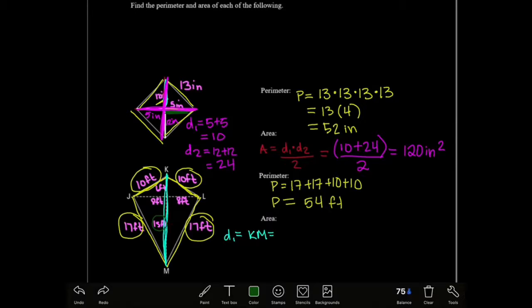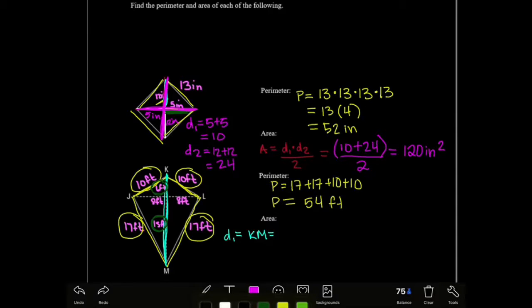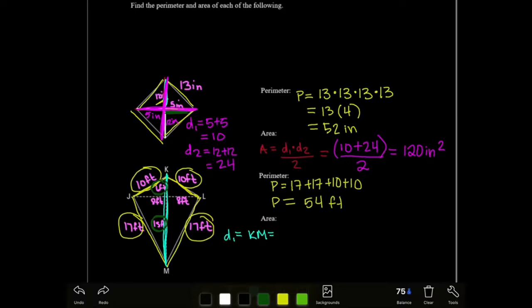In the two circles I just made in green, our value of 6 feet and our value of 15 feet, we have to add them together to give us KM. So KM, or our first diagonal, is going to end up being 6 plus 15,